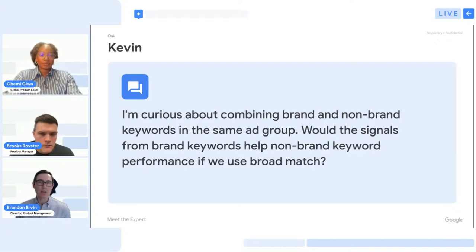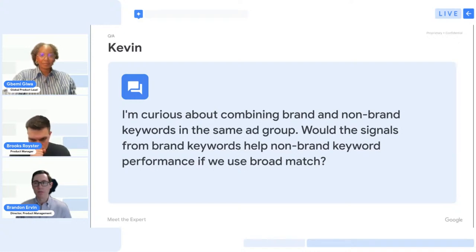And I would go so far as to say you could consolidate into the generic terms, which should pick up that branded traffic as well. So it kind of depends on your objective. I would think less about the pooling of signals and more, do I want to separate brand and generic, or am I comfortable just matching any traffic in this given campaign or ad group?